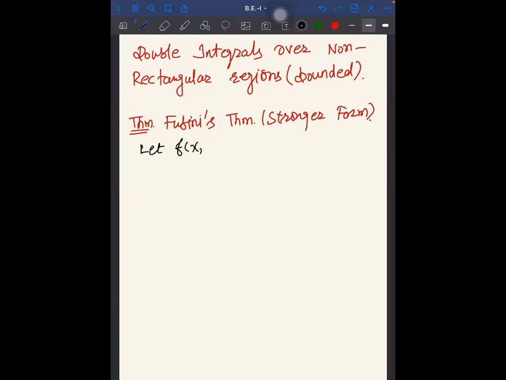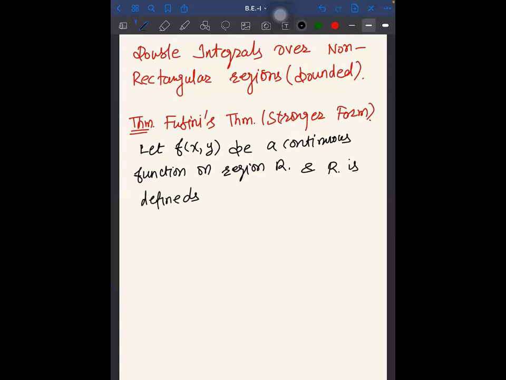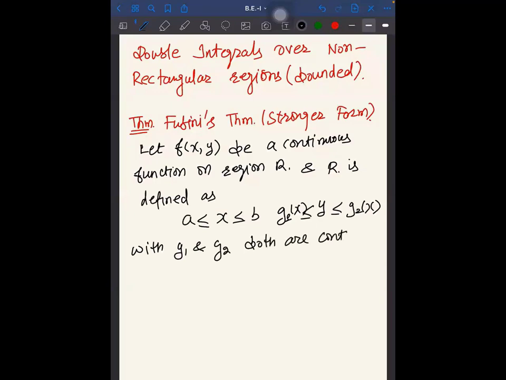Let f of x, y be a continuous function on region R, and R is defined as x lying between a and b and y lying between some function of x, g1(x) to g2(x), with g1 and g2 both continuous on [a, b], then